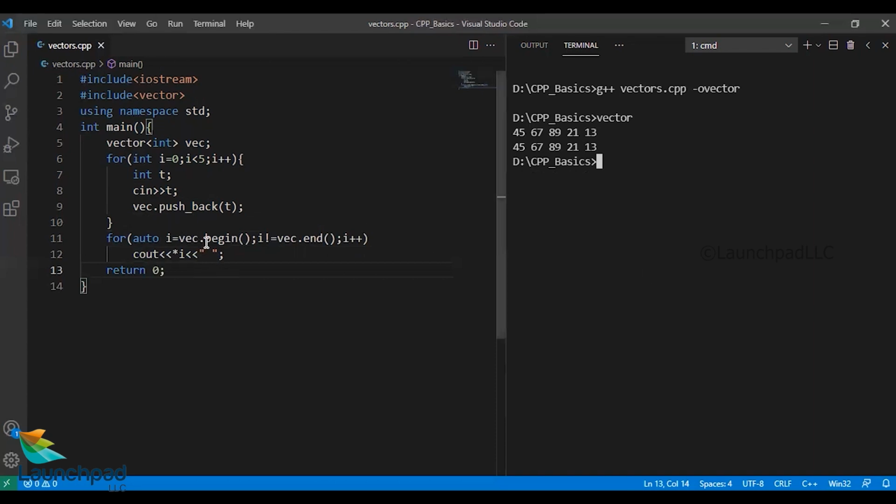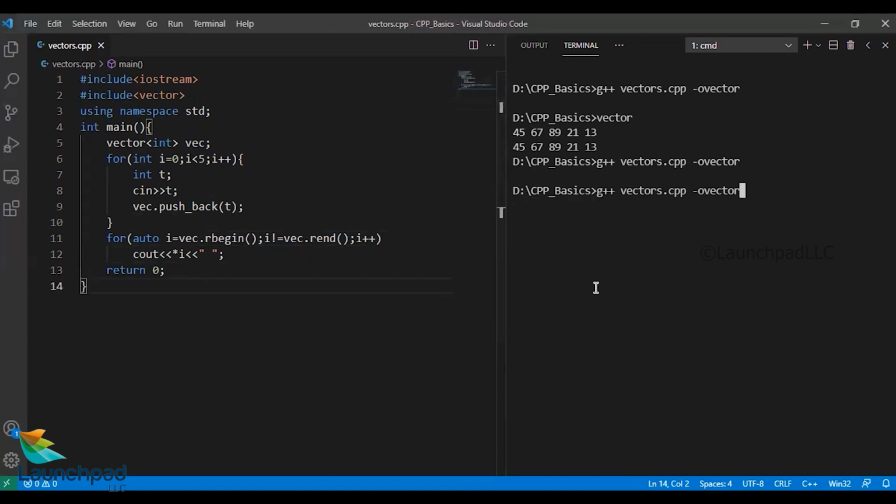Now let us talk about rbegin and rend. Okay, what these two functions can do, let's see. Let's compile it. Run the file again, vector. Let us try entering the same input. So I'll copy paste it. Now you can see the iterator has gone in the reverse order. So it says reverse begin and reverse end. So rbegin literally starts from the right extreme of the vector and reaches every value in an incrementing pointer order and prints till the first of the vector.